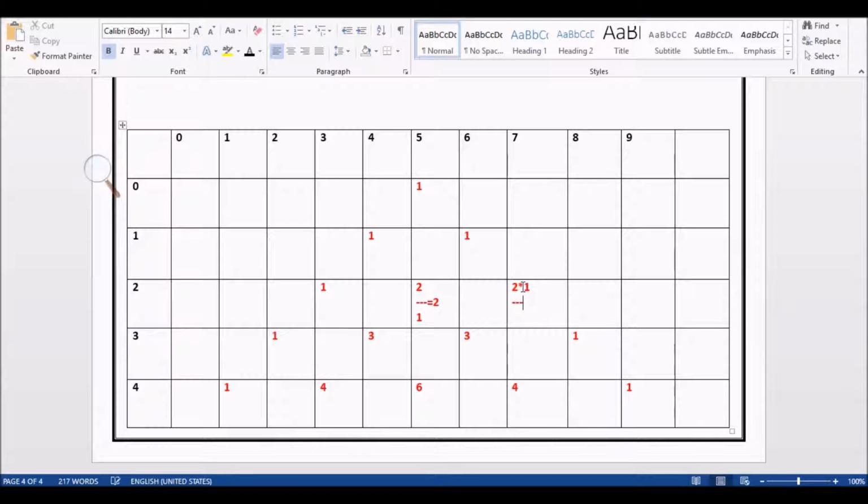Now again I am dividing by the previous number, 1, and multiplying with 1 plus 1, that is 2. So now it is equal to 1. Actually in the edges it will be 1, so to get that 1 I am using this logic.